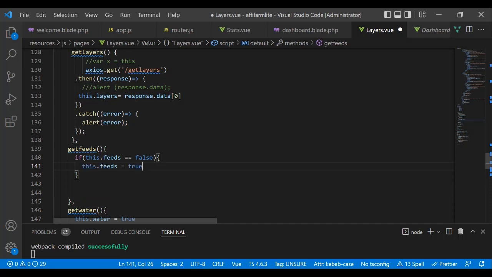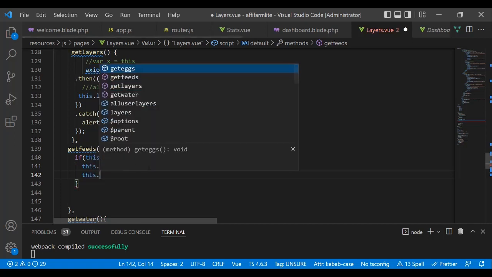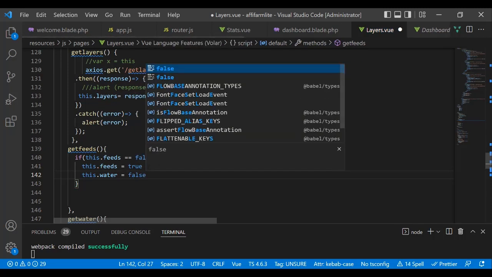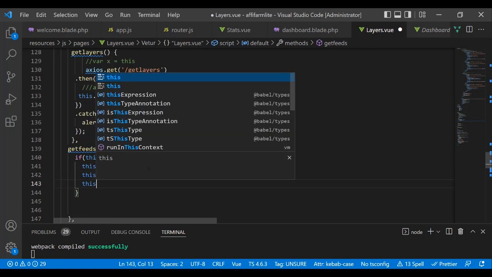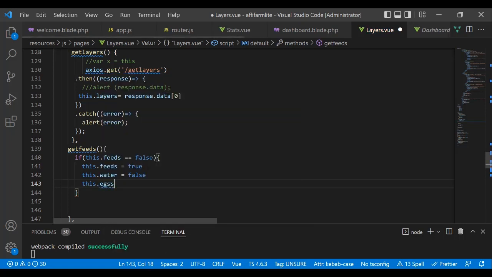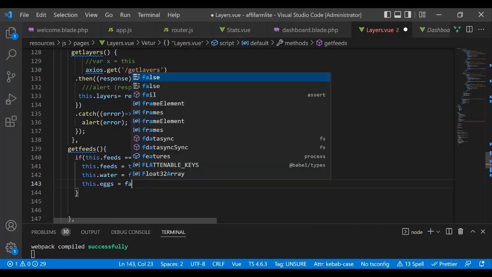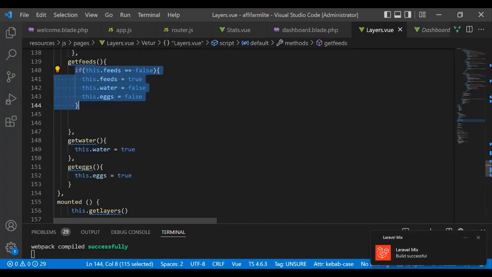You know, I'm not trying to create, however, people use it. Why should I even be explaining? Make sure that the rest, okay, make sure that this dot water, this dot water is equal to false if it was true. And then also make sure that this dot eggs is equal to false. Okay, then I'm going to just copy this and put it in others, okay, and then